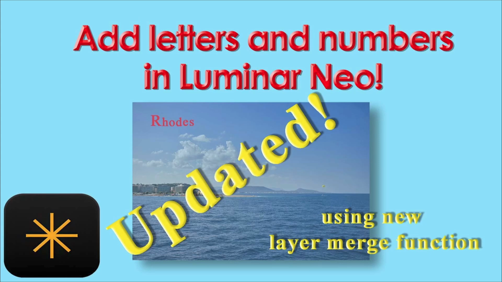My name's Chris. A few weeks ago I published a video about adding letters and numbers in Luminar Neo, admittedly in a rather clunky way. Well, since then Luminar have issued an update to Neo with the merge layer functionality. First of all, I'll explain exactly how that works, as certainly their online manual doesn't make it clear. And then I'll show how the technique to add letters and numbers is now a bit more streamlined and easier